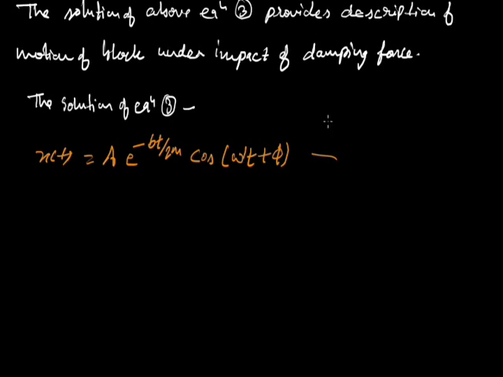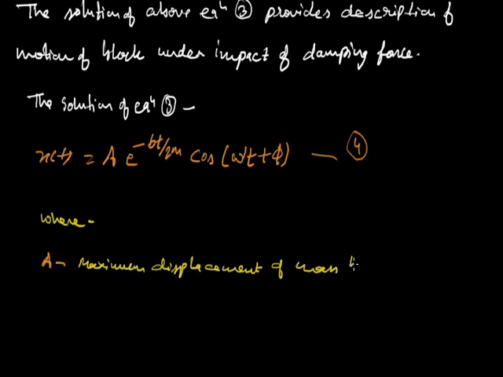Say this is equation number 4, where A is the maximum displacement of the mass block from its mean position,